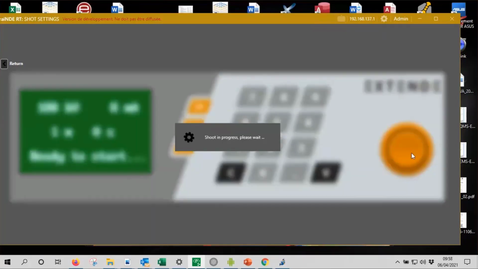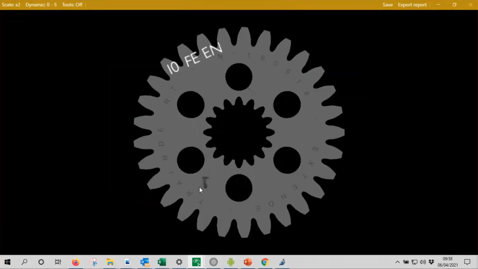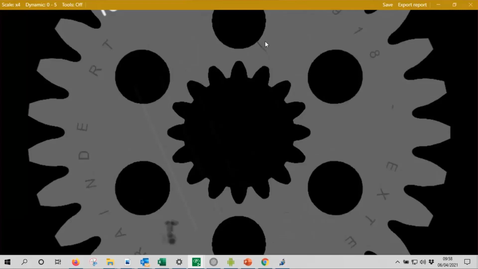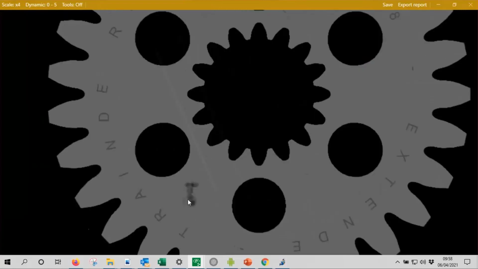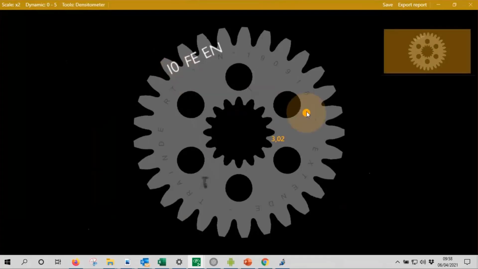And we can run. And you can see here the component. Okay, we have the gear. And you can see not all the IQI because the part is not relevant to put the IQI on it, but there is a small crack here. Zoom here, a kind of shrinkage here, and you can see optical density, make measurement.